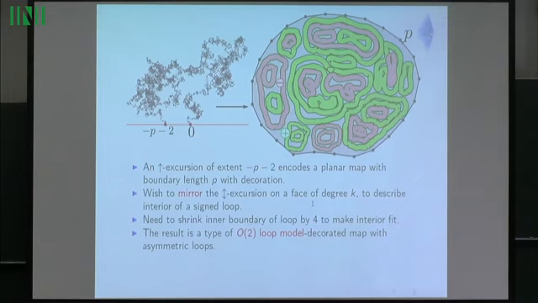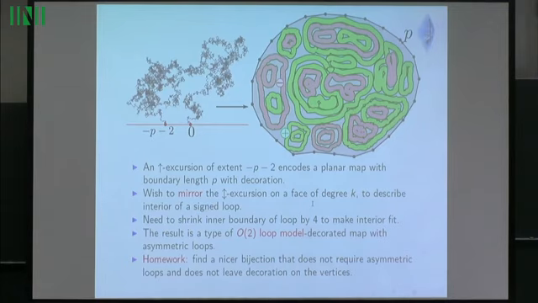Apart from that, in principle, I have a mapping that takes an excursion and it encodes a type of O(2) loop model decorated map in which all the loops are asymmetric, inside, outside, and which carry a sign on all of the loops,